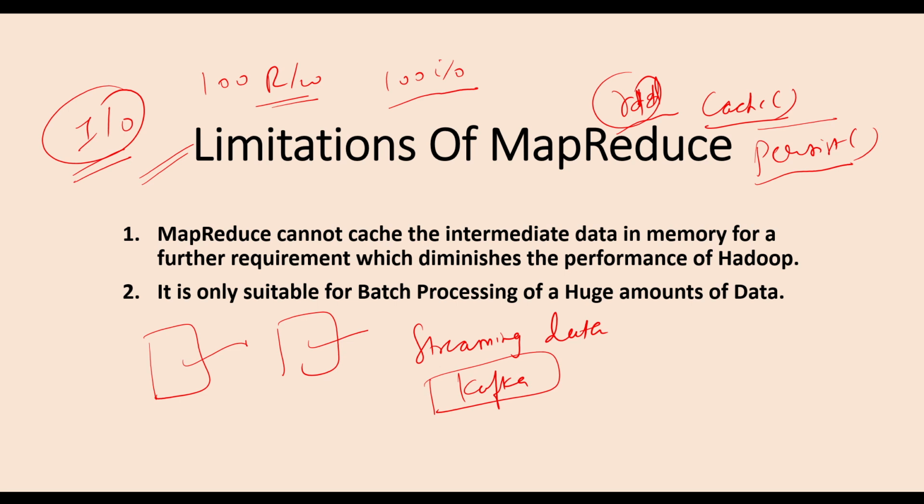Initially, the history in big data started from batch data, meaning data is coming in a lot, suppose 1 GB or 1 TB, and another kind of data is real-time data. MapReduce is only suitable for batch processing of a huge amount of data. If you want to handle real-time data, you can't do it with the help of MapReduce. Another limitation is that for a single operation,